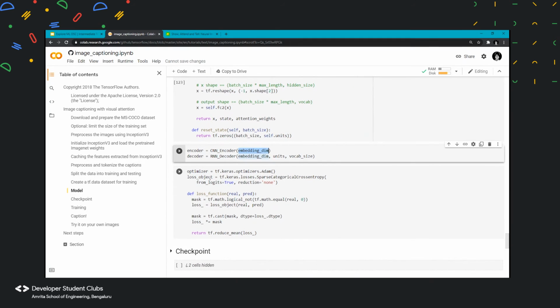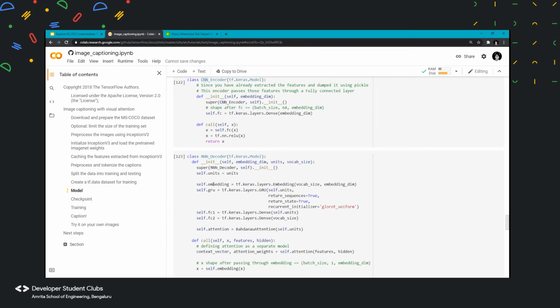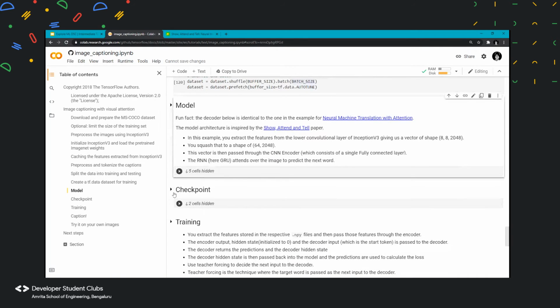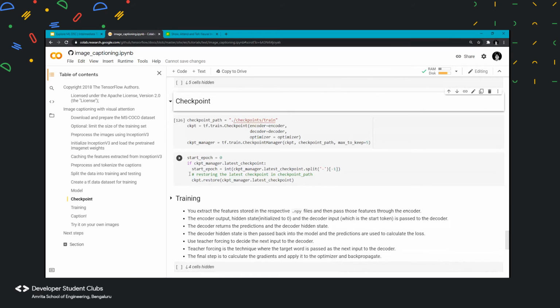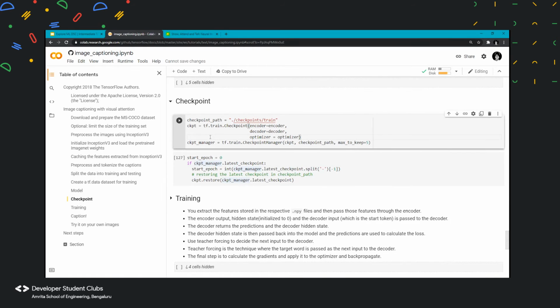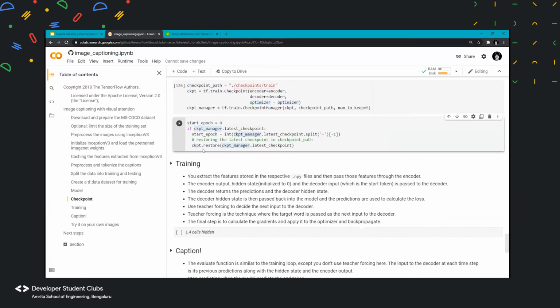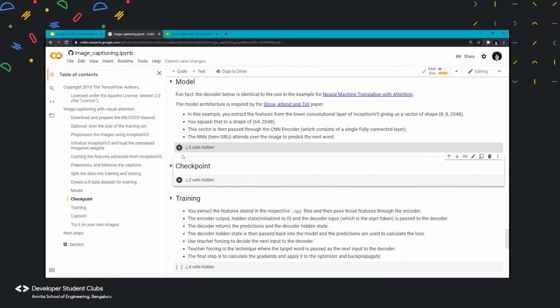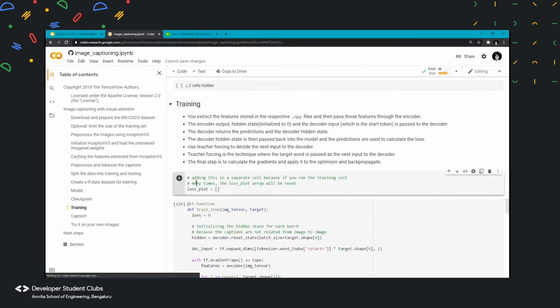Here we are calling these classes and storing them in the variables encoder and decoder. So this is the entire model. As this is a large model, we need to constantly keep track of all the new models which are getting generated. So we are using this checkpoints method, where we'll constantly keep saving the models in this checkpoints train. And we can use these checkpoints if we want to continue training this model on another machine. So we can just share these files and start training from there with a few changes to the code.